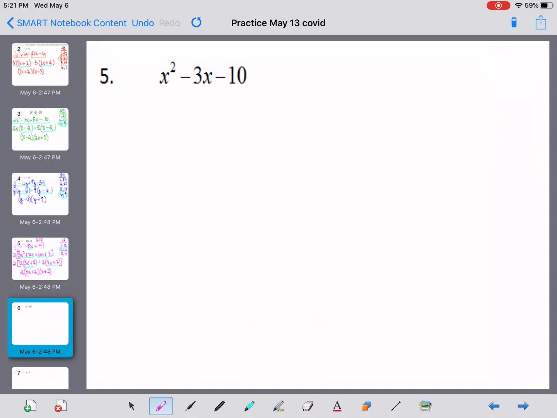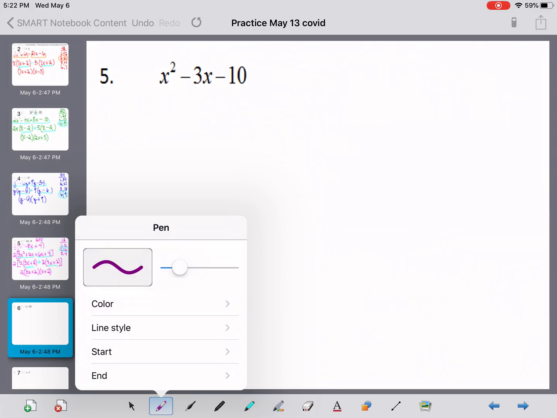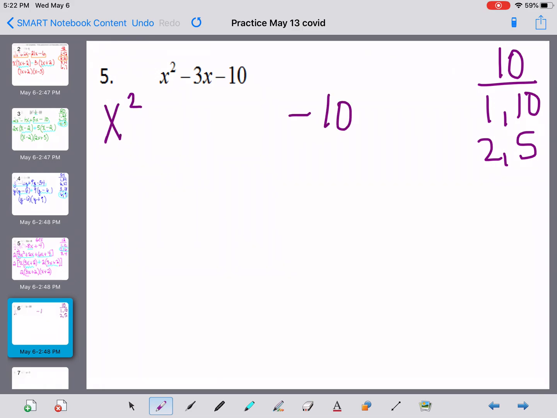Problem number 5, no number in front of our x squared term. So that's going to be helpful. And when we take a look at it, 1 times 10 is 10. And the factors of 10 are 1 and 10, and 2 and 5. It's all the same. We're splitting the middle. Whether there's a number in front of the x squared or not, we write down the x squared, we write down the minus 10. And what I forgot to do here, let's go back and do this, is that it's going to be 2 minus 5. That's what's going to combine to be negative 3. So when we split the middle here, plus 2x minus 5x,